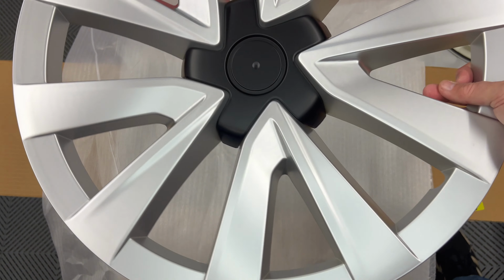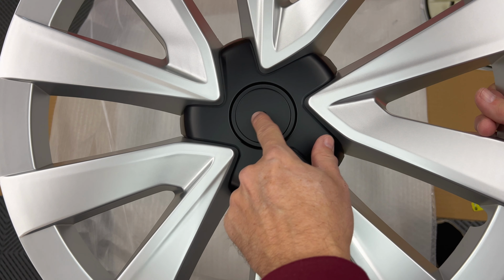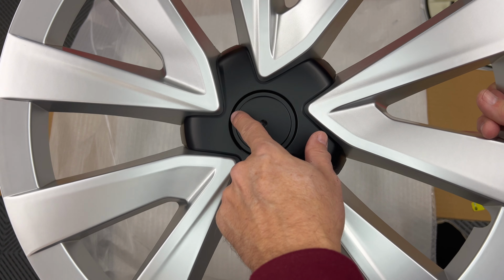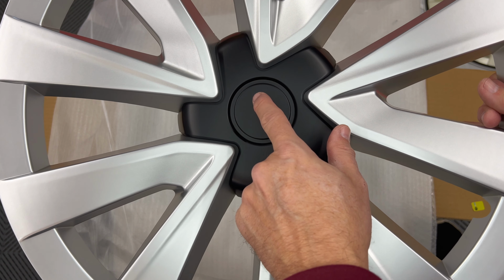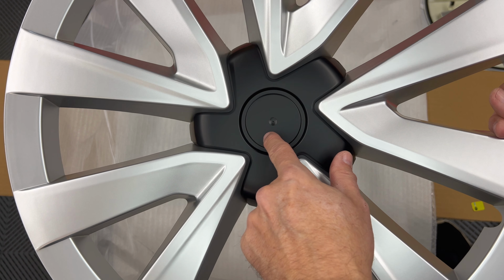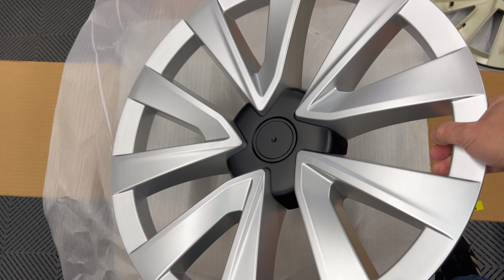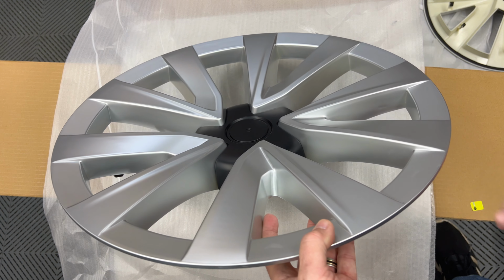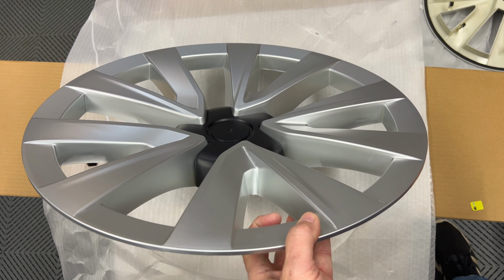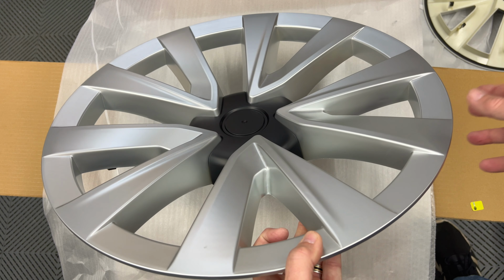The only thing I need to do is put a Tesla center cap in the area right here. You can get these from EVbase. They stick on and you can get them in multiple colors: red, black, white, etc. This is one of the rare non-black wheel covers that I've seen. The only other one that I have is the Rymetrics in silver. This is fairly unique,